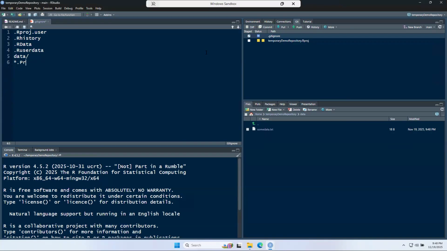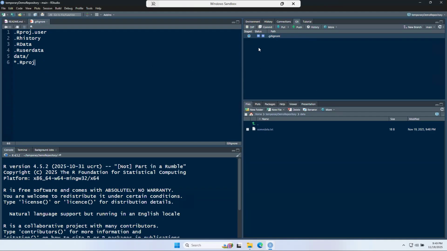So asterisk dot r proj means just exclude any files that end in dot r proj. So this is just the R project file. Sometimes people want to include this in their remote repository. I just find I generally don't. There are reasons to, but yeah, so now that I've added that, you might notice the R project file disappeared